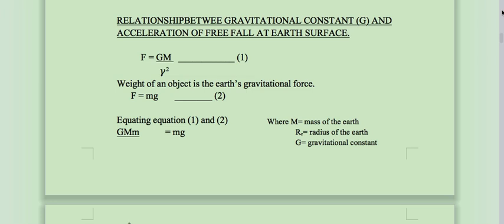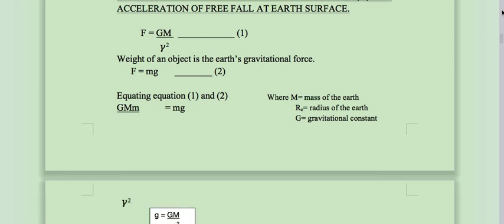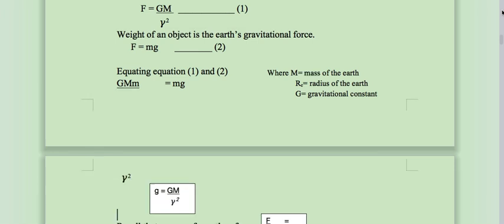Weight of an object in the Earth's gravitational force is given by what? F equals mg. Why are we using g? Because we're talking about gravitational force. We're not to use a. Equating equation 1 and equation 2. When you equate Isaac Newton's universal law, which is F equals GMm over r squared, with F equals mg, you notice that the small m will cancel out. Left with what? The big G and the M all over the r squared, and the g